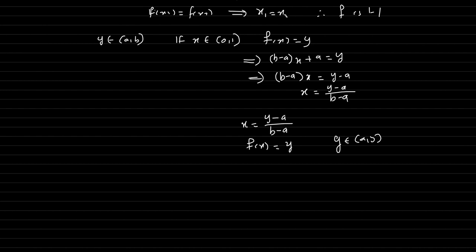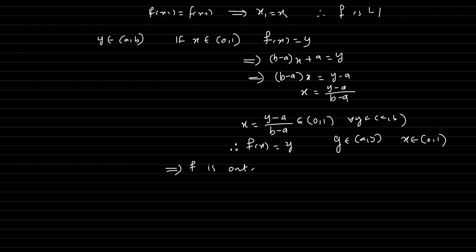We know that if y belongs to the open interval (a, b), then (y minus a) by (b minus a) will be a point in (0, 1). So here x equal to (y minus a) by (b minus a) belongs to the open interval (0, 1) for all y in the open interval (a, b). Therefore, f of x is equal to y for any y in (a, b). There exists an x in (0, 1) such that f of x equals y, which implies the function f